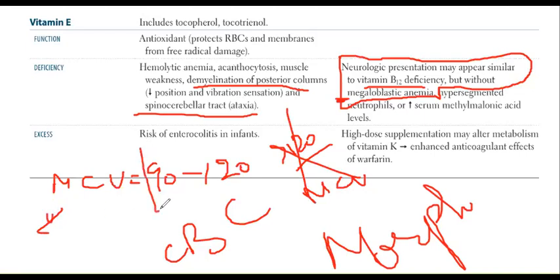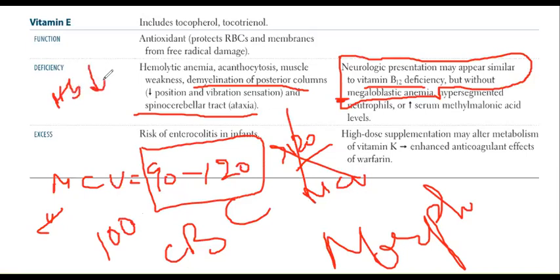It is in the normal range, let's say 100. Then he sees the hemoglobin count dropped, let's say to 6, and in morphology you find acanthocytosis. So now you will be sure that it is not vitamin B12 deficiency,